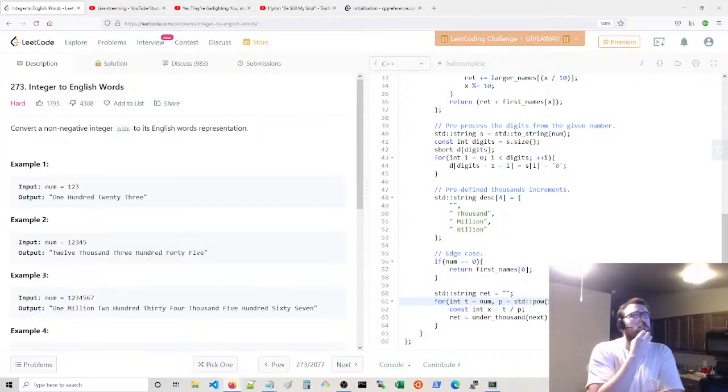Yeah, you do it that way. And then t modulo millions gives you hundreds of thousands. And then that gets rid of the millions, and then divide by p again, you're in thousands, divide by thousands, that gives you the 0 to 1,000,